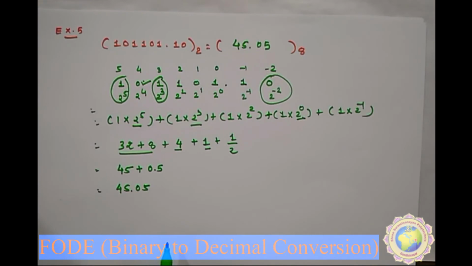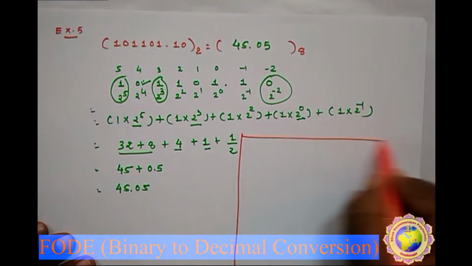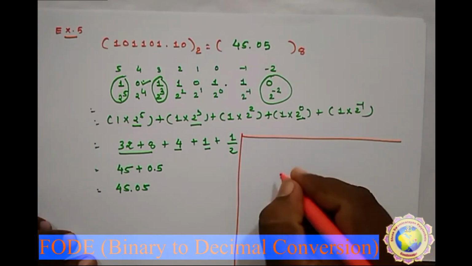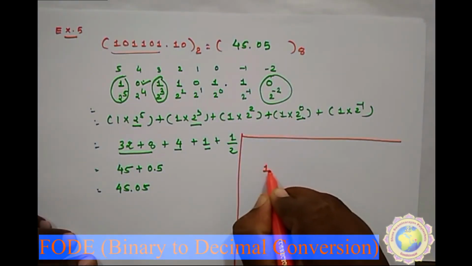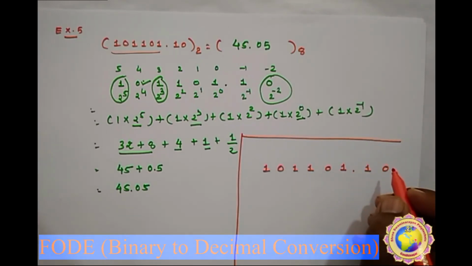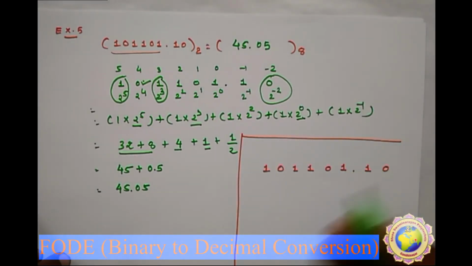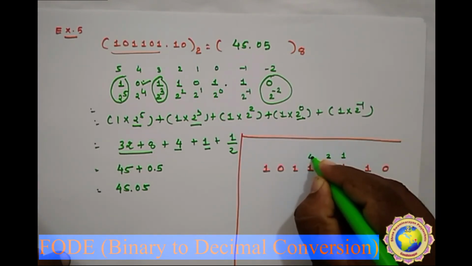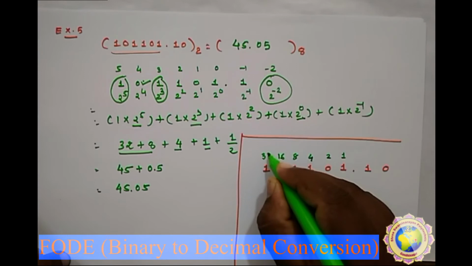The one trick to remember, to know easily whether your calculated answer is right or wrong, you can directly write here. Suppose we will calculate this only. So it's 101101.10. You have to write here, multiply by 2 for each next digit. So first 1, 2 is multiplied by 2, so 4 is multiplied by 2, 8 is multiplied by 2, 16.